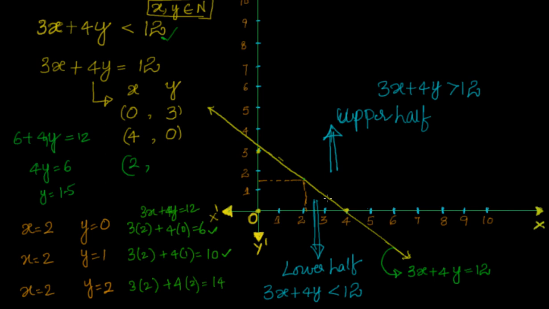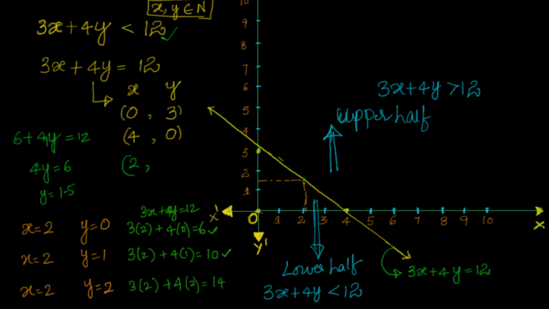If you want to include the straight line, then we will say greater than or equal to, less than or equal to, but we are only interested in the region, the upper region or the lower region. Then we will give that inequality. So what we understood from this discussion is that if you are able to draw the linear equation in two variables, then that particular straight line is dividing the whole Cartesian plane into two parts. So the inequality is given by one of them. How to find it is very easy.